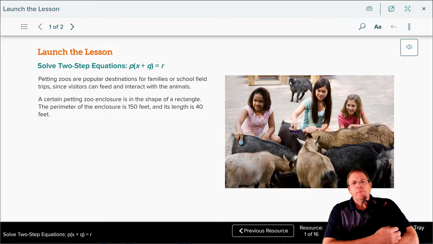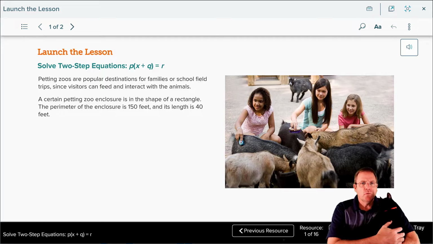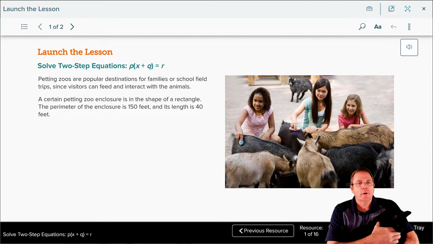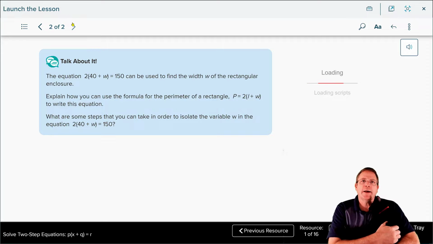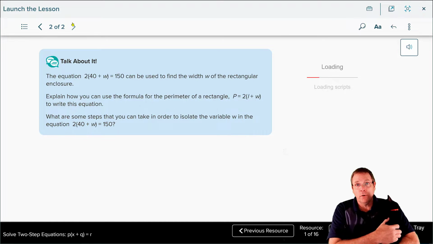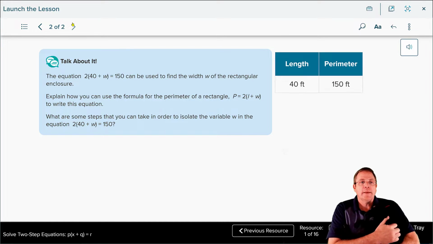Petting zoos are popular destinations for families or school field trips. Since visitors can feed and interact with the animals, a certain petting zoo enclosure is the shape of a rectangle with a perimeter of 150 feet, and its length is equal to 40 feet. From here, they tell us the equation that 2 times the sum of the length 40 plus the unknown width is equal to 150, and this can be used to find the width of the rectangular